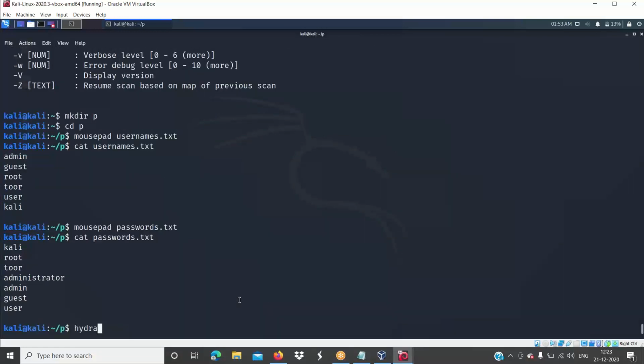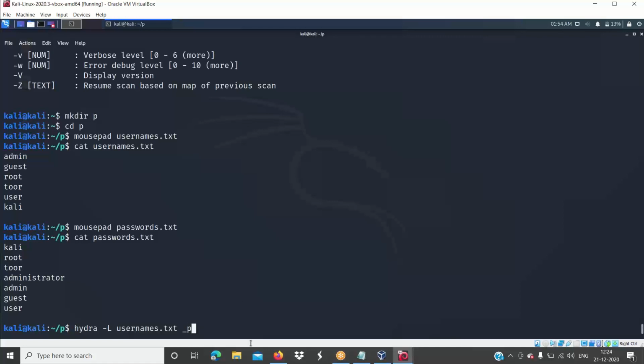Let's use Hydra. Let's say I know the username. I'll be using small l, and I'll be using the username over here. Let's say I don't know the username. Even then I want to brute force the username with the word list. You can use this word list, whichever is in this directory.